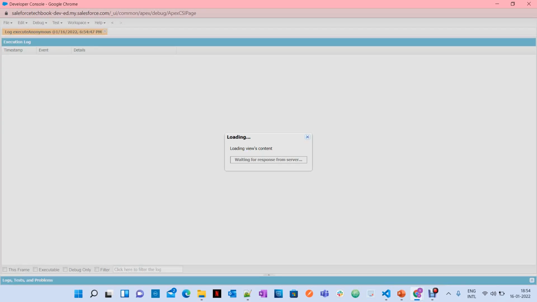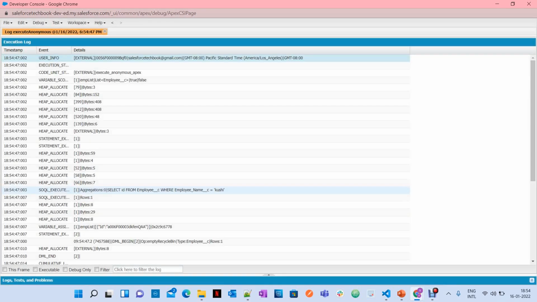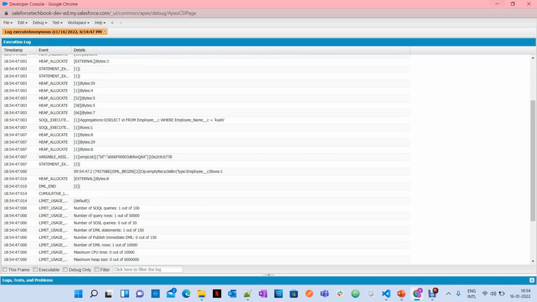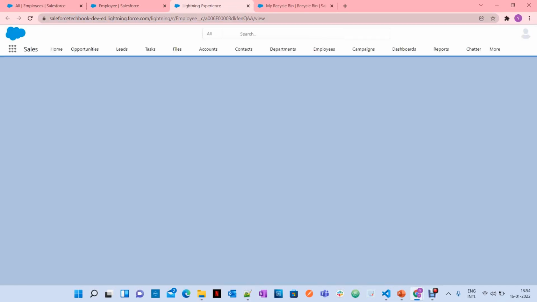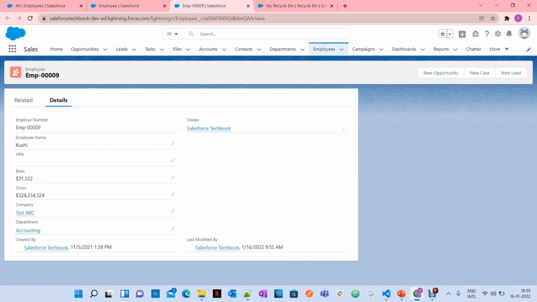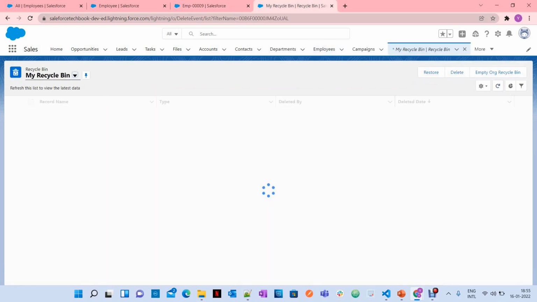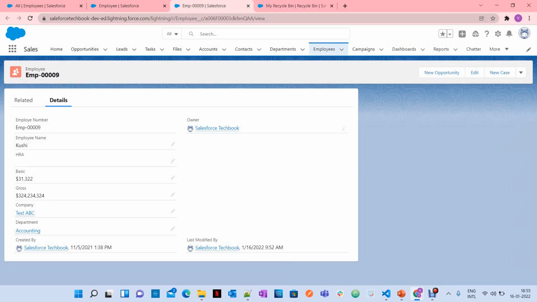There is no error here. Okay, it is executed successfully. And now if you go here, there is no change on the Kushi record. It is still there in your database and it is not deleted. That is the meaning of it. Even if you check the recycle bin, there is no Kushi record or no record with employee 009.